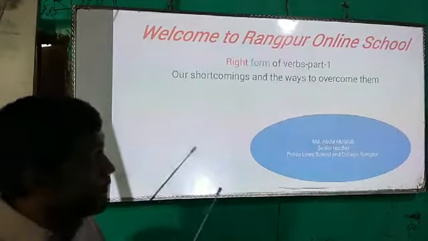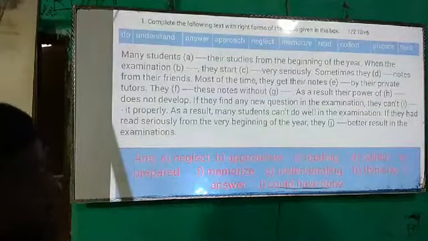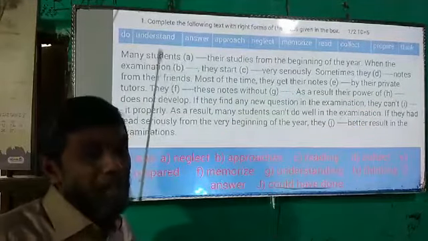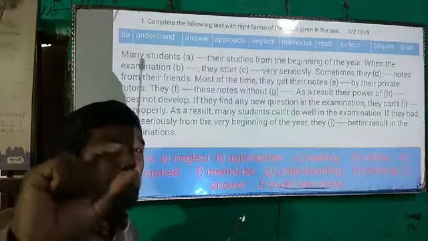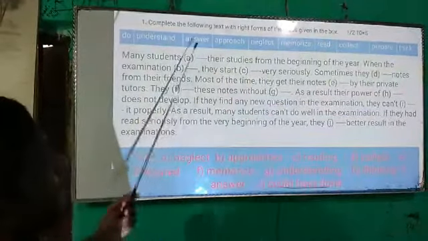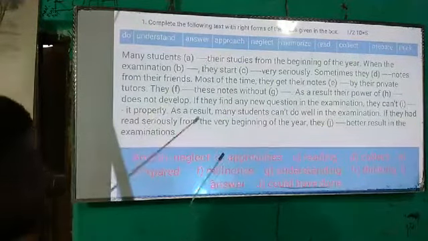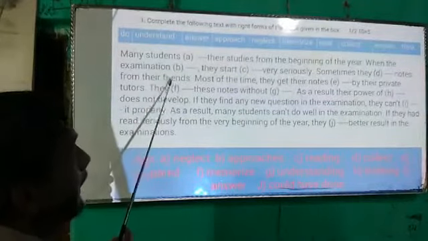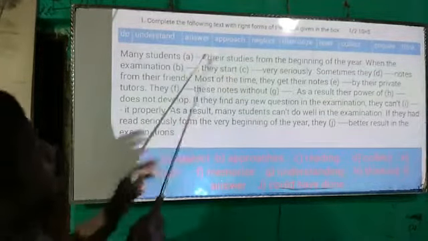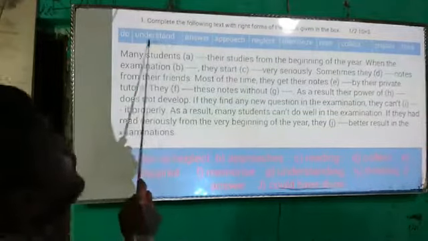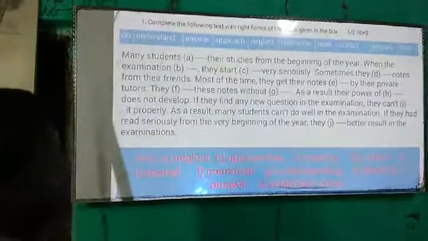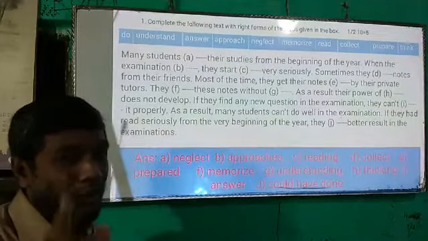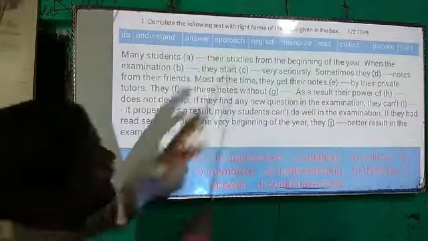So let us go. So dear students, to make you understand what is your problem, I have to show you something. At first, this is a question on right form of verbs. You are seeing that this is a context. In this context, we have to use the verb given in the box. This is the present system of question. You know, all the questions are contextual, I told you in my previous classes. So this is a context.